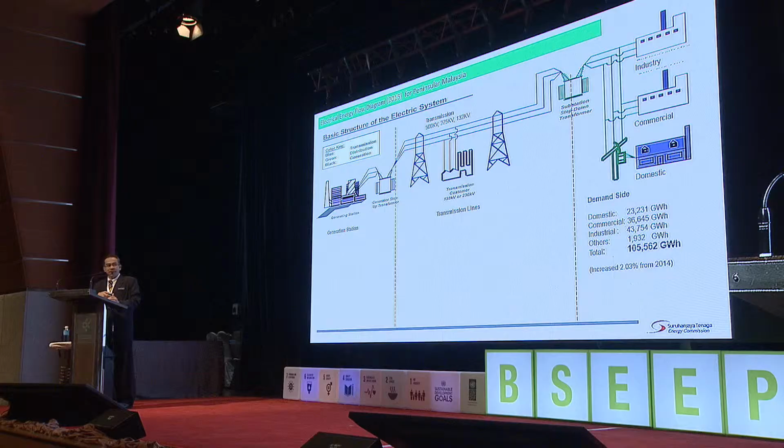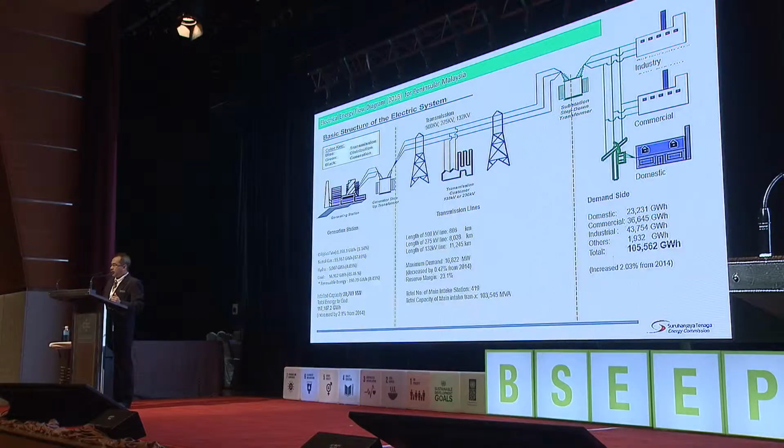So when you have demand there, you also need the generation side, the supply side. From the supply side, as we mentioned, we have a few types of fuel. Oil is about 1.4%, natural gas 47.8%, hydro 4.09%, coal 46%, and renewable energy about 0.43%. Renewable energy may not be at the generation side, it can also be at the distribution side.